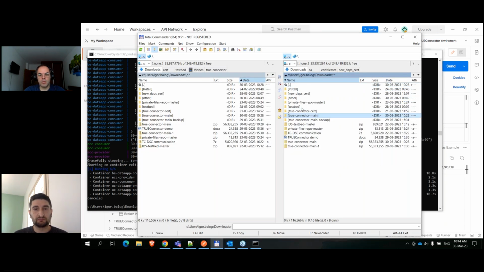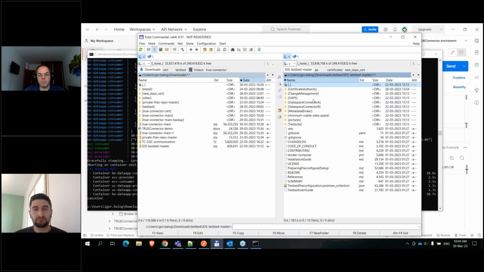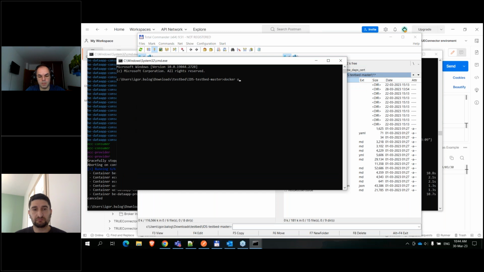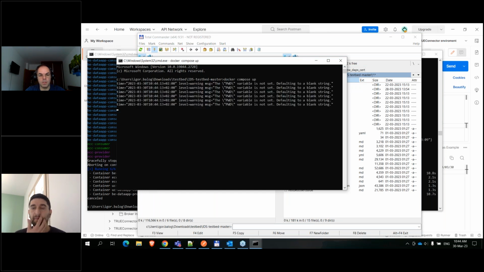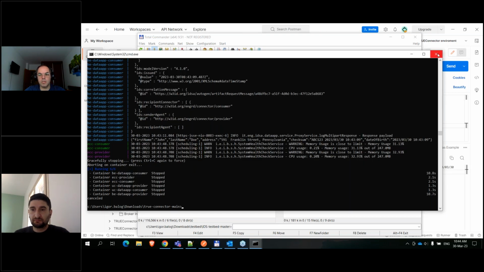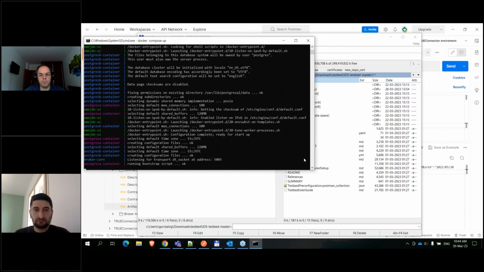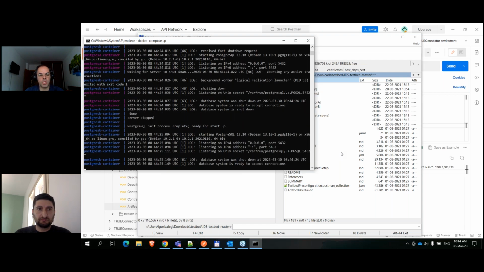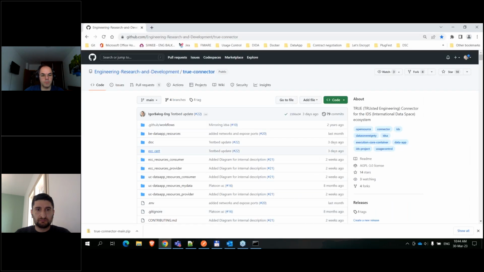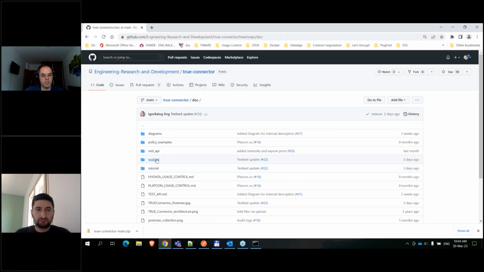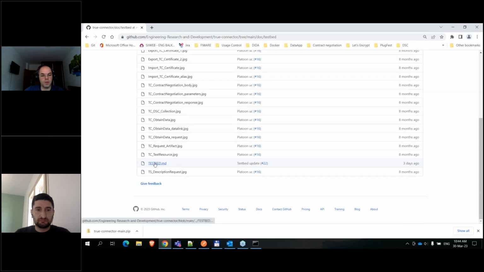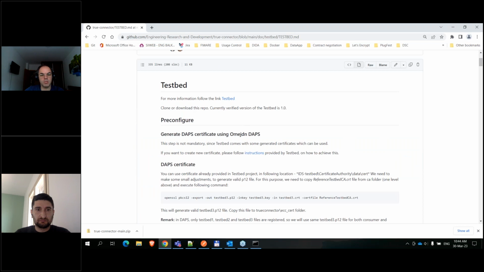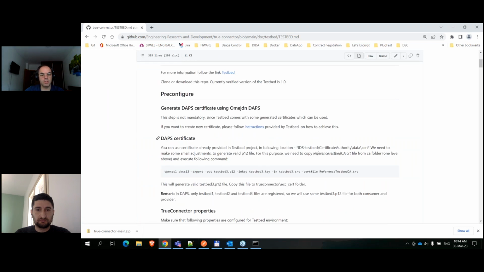So the idea is that we have the testbed setup as one Dockerized thing. I have preset everything here, so made the modifications that are needed for the true connector that are described here in the docs of the testbed. Here you have the README for the testbed that starts with downloading the testbed project and then proceeds with modifications that are needed for the true connector in order to be compliant with the setup of